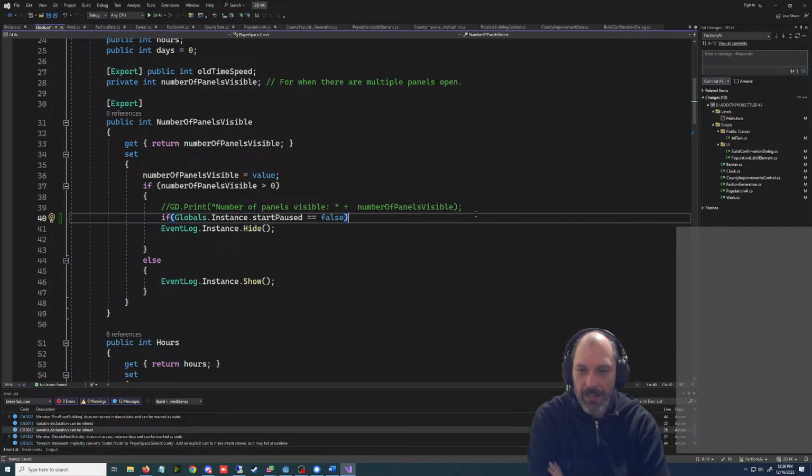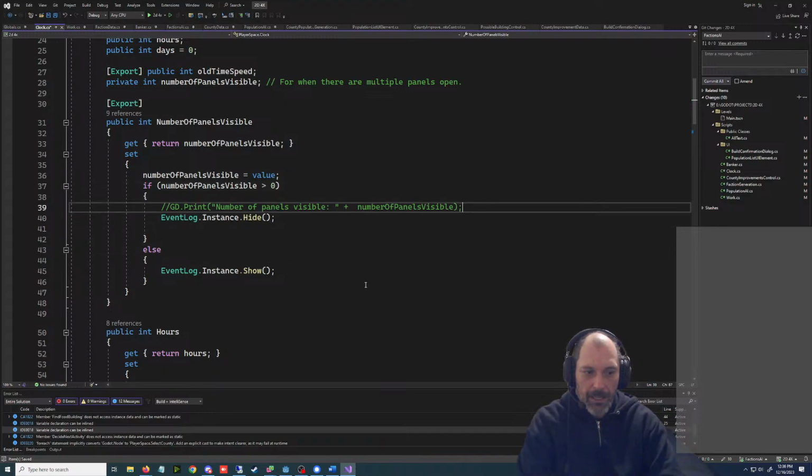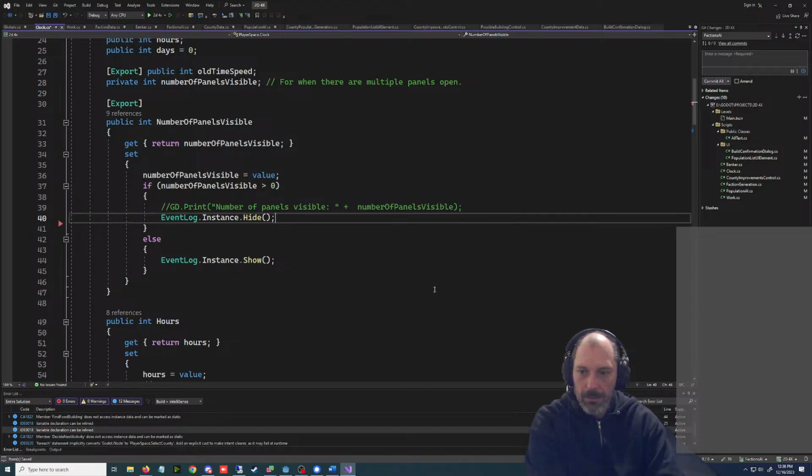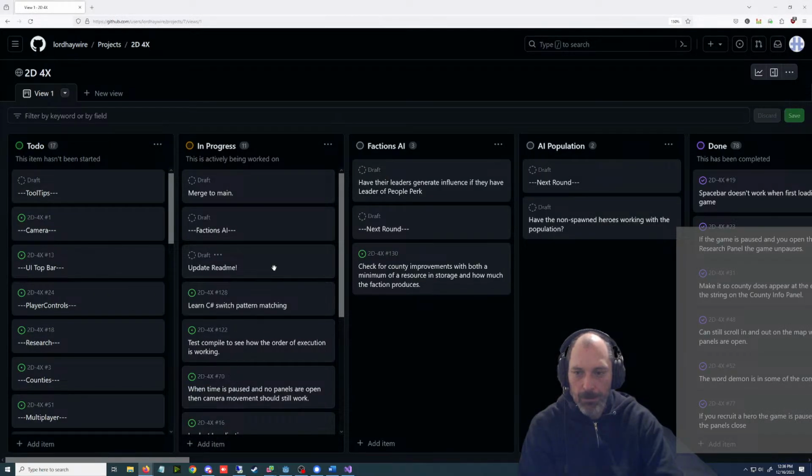Why do these things have to fire ahead of time? Why do they have to fire before the thing starts? If number of panels, well, I'll just put a note in. I don't want to get bogged down for this stupid thing.